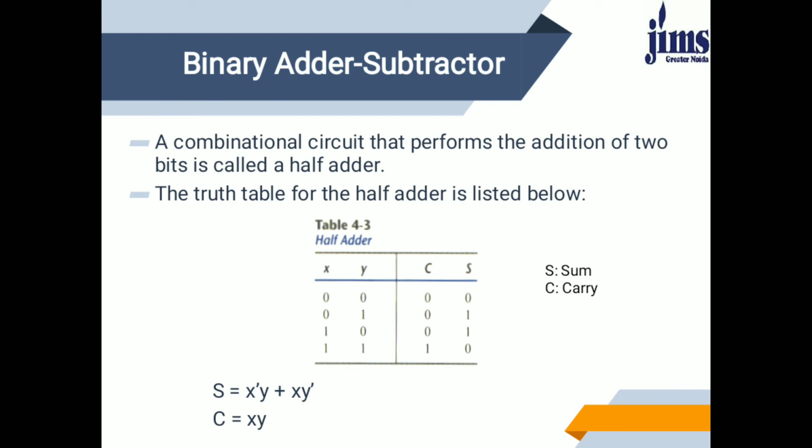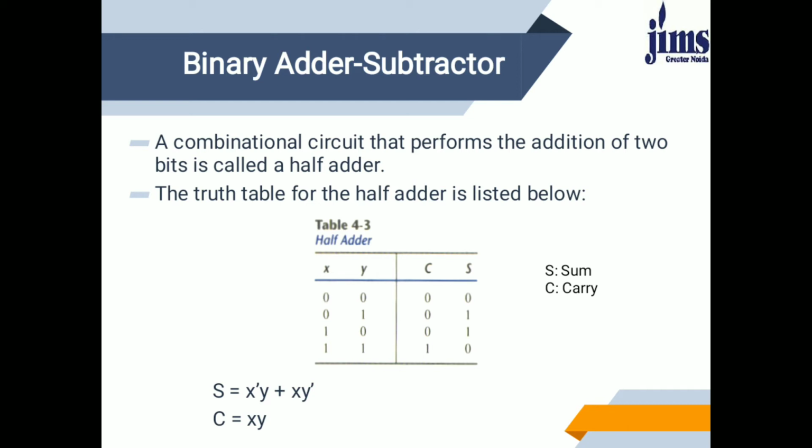Now what are binary adders and subtractors? These are combinational circuits that perform the addition of two bits or subtraction of two bits. First we talk about binary adders. There are many types. To cover the basics, first we talk about the half adder and full adder. A half adder is a circuit which does the addition of 2 bits only. So the truth table for 2 bits has a total of 4 combinations: 0 0, 0 1, 1 0, 1 1.